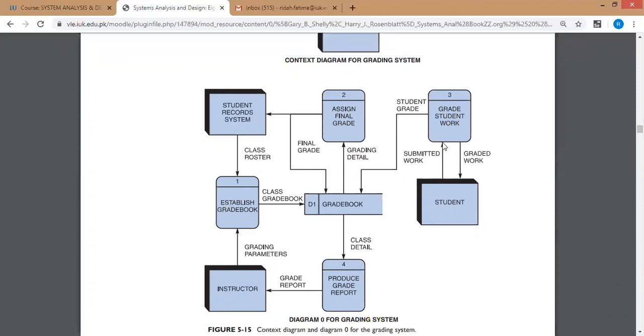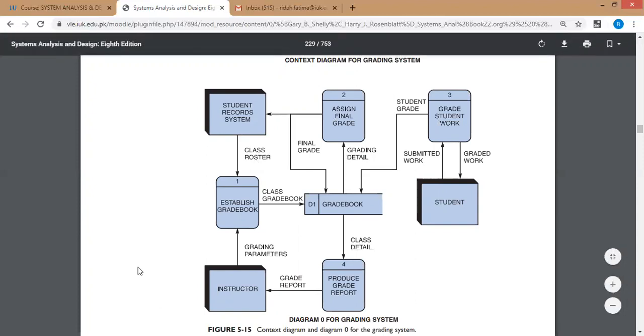All of these will have sub processes. Level 1 will have 1.1, 1.2, 1.3 sub processes, more or less. Then 2.1, 2.2, 2.3, and more or less 3.1, 3.2, 4.1, 4.2, and if there are only 2 processes, or only 4.1, that is how it takes place. This is how a DFD is explained. I hope I'm clear till this point.